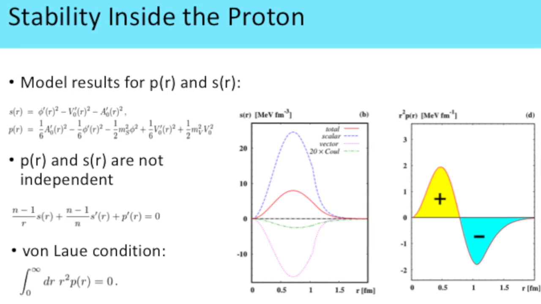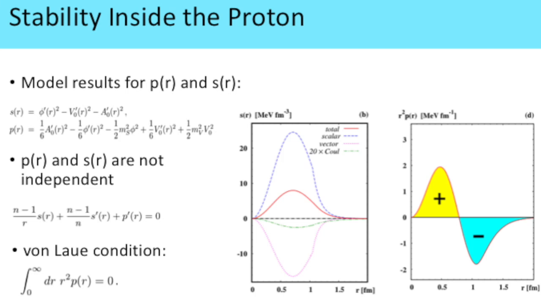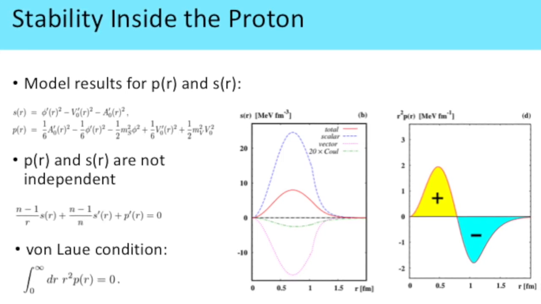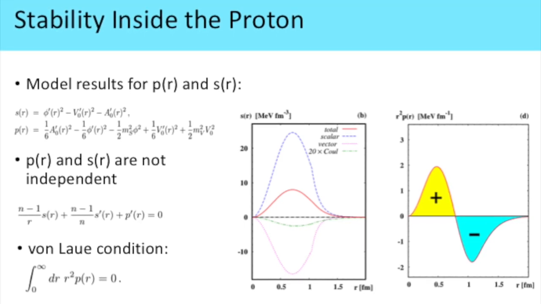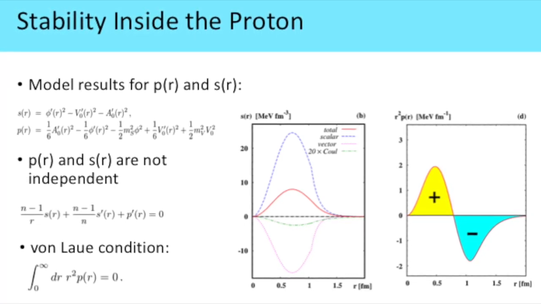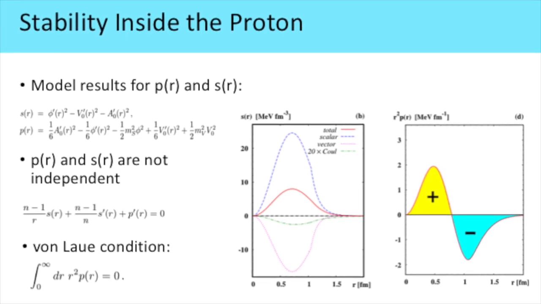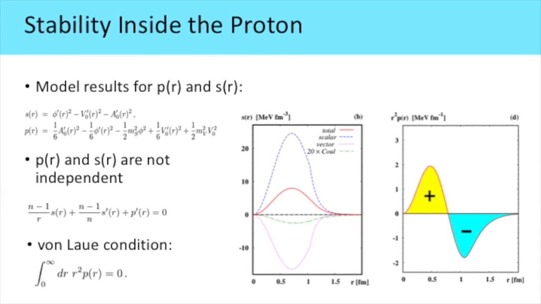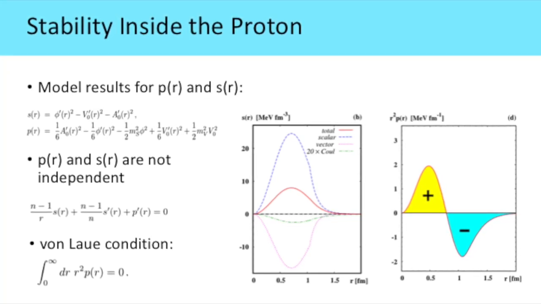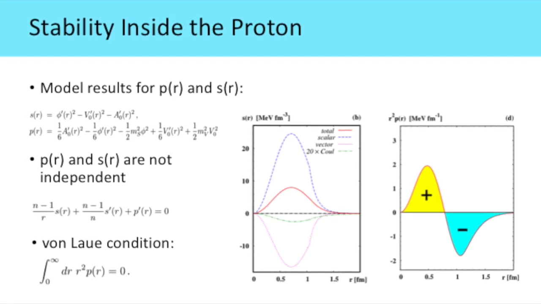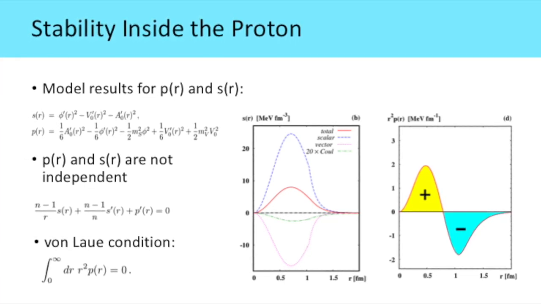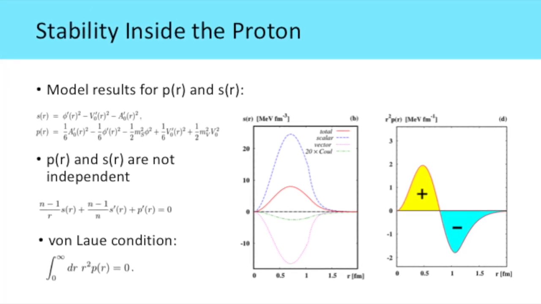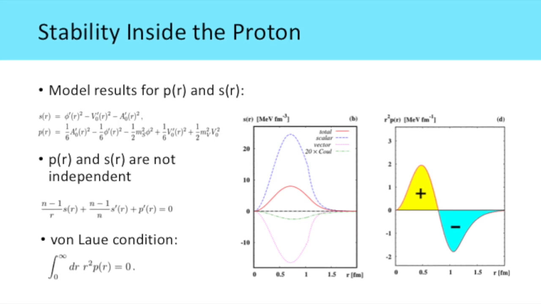The model results of total pressure and shear force are given by the first two equations on this slide. Notice that the dust particles do not contribute to S of r and P of r. The second equation shows that the pressure and shear force are not independent. We introduce this equation now as it will be important when we discuss the D-term later on. As we can see from the first graph, the scalar field makes the largest contribution to the shear force. The shear force has a maximum at r equals 0.711 femtometers, which is within 0.1% of the charge radius, 0.714